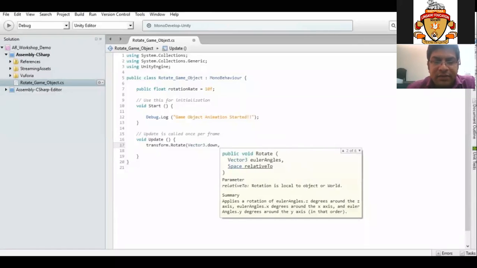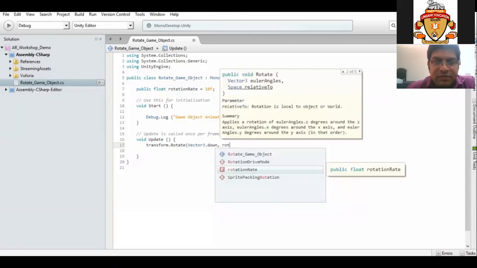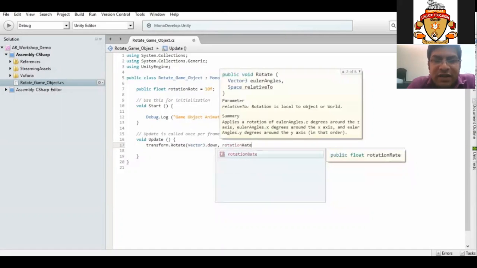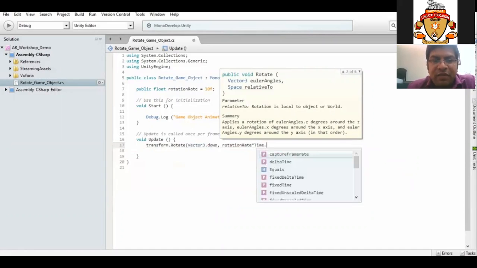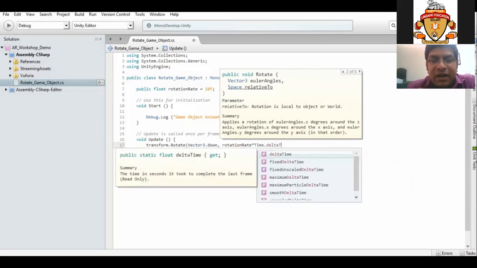And then the rotation speed. I have already defined the rotation rate. So rotation rate times Time.deltaTime. Here I am setting the speed.